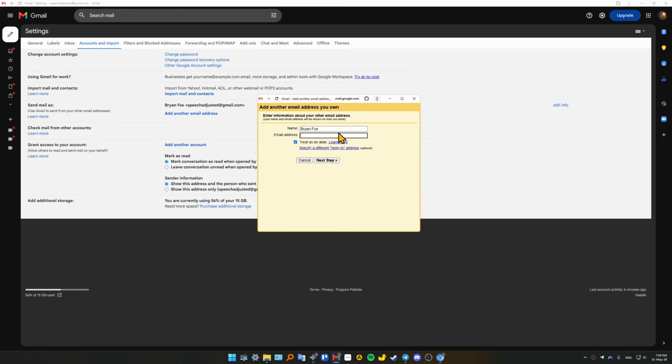Alright, and in here as you can see, you can provide your name and of course your email address. And don't forget this check mark, treat as an alias, so that this is alias and not a separate email